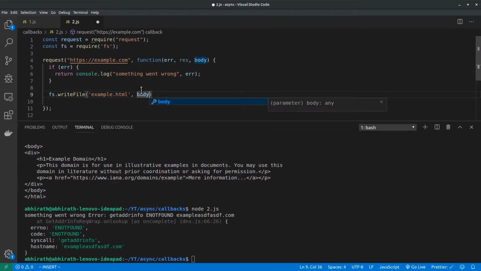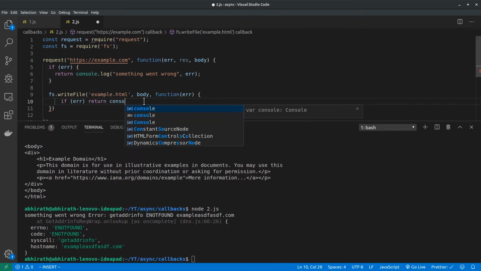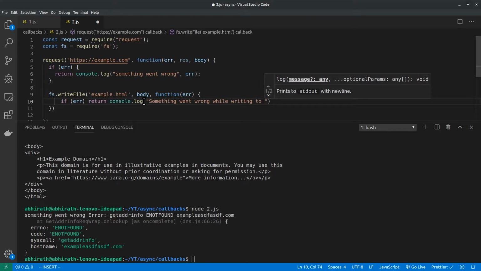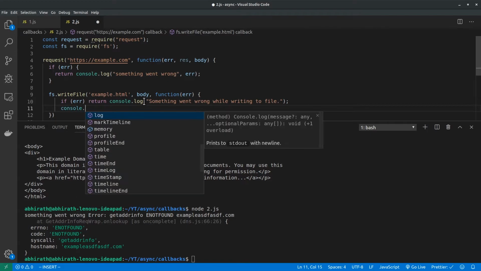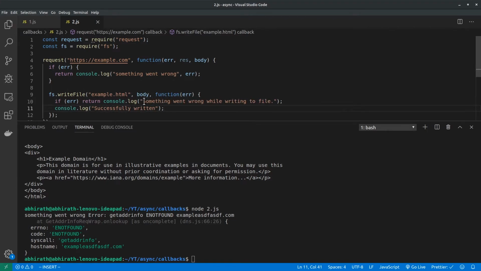So let me write body, and when that is done, if you recall, this function takes in only one argument, and when it's done writing, if error, return console.log something went wrong while writing the file. Else we console log successfully written.